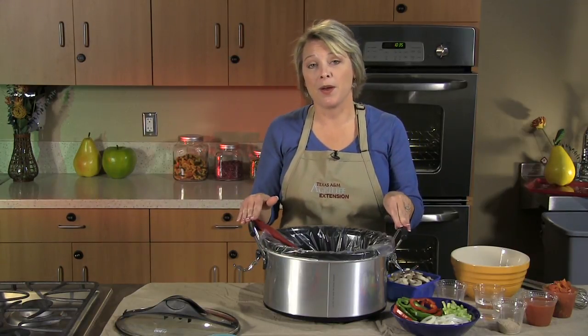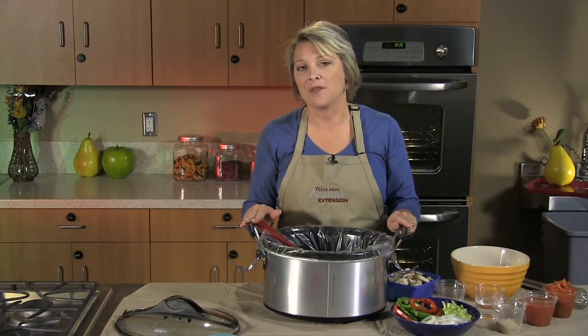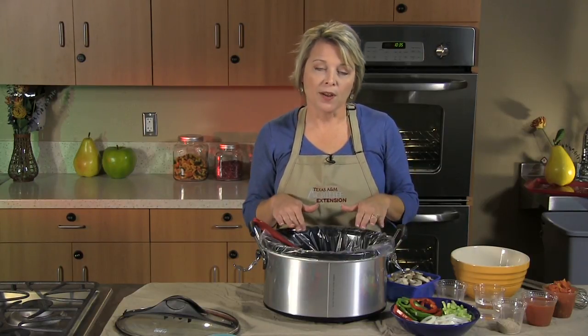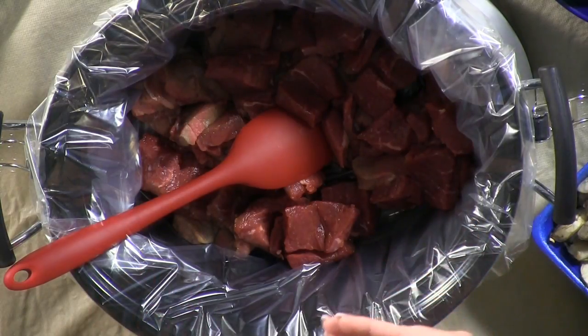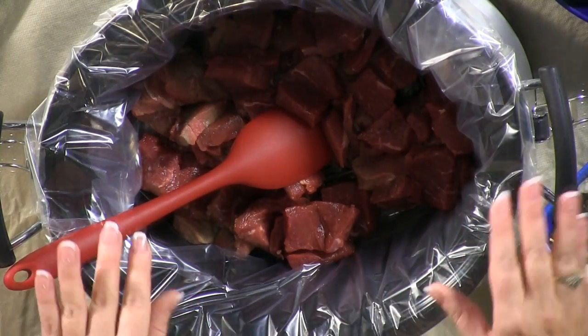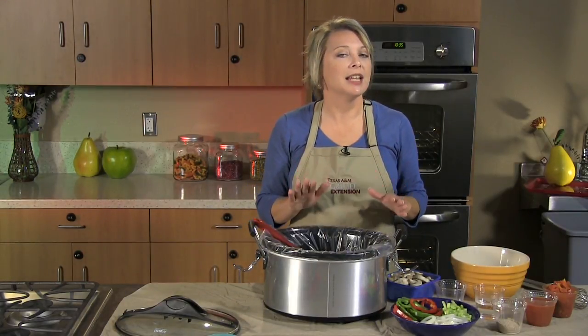Today we're going to be preparing Swiss Steak Deluxe. Easy, simple recipe that the entire family will enjoy. First of all, I've already added 1.5 pounds of round steak, which I have sliced into 1-inch pieces. I've added that into my crock pot, and from there we're going to cover that meat with tons of nutrition